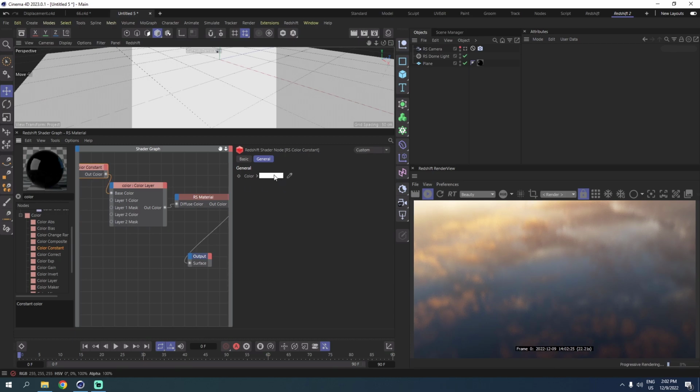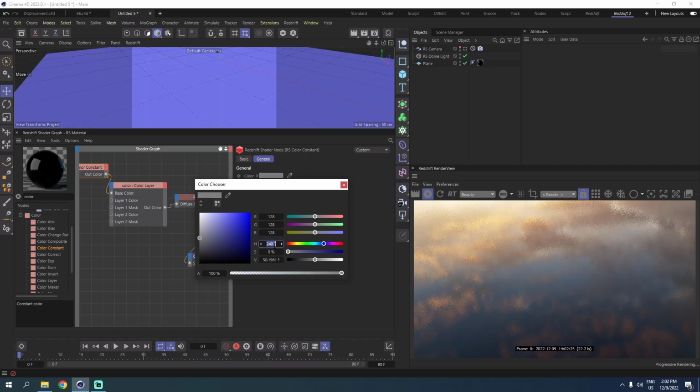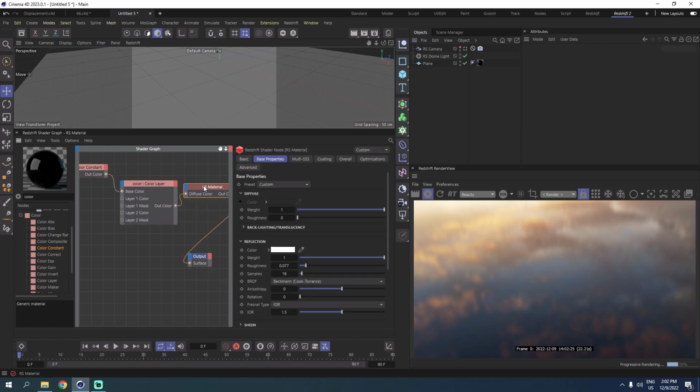Perfect. Let's go to the color, change the color to RGB 128, and for the H and S make them 0, and for the V I'm gonna put it to 50. That will be a grayscale, for example. Alright, now